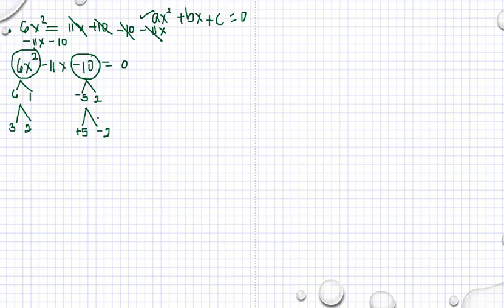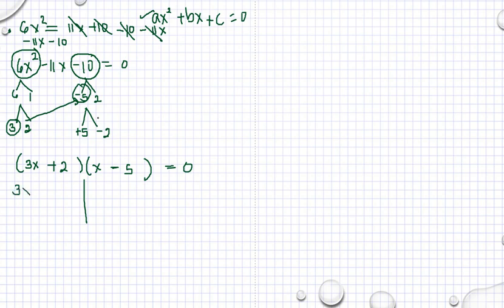If I multiply 3 and negative 5, then I will get negative 15. That means I have 3x, and then x there, then I will put 5 there, because 3 times negative 5 is negative 15. That means I will have positive 2 here is equal to 0. That means we have 3x divided by 2 is,